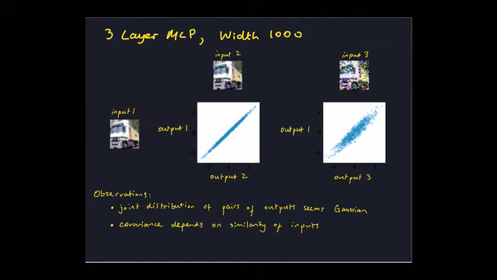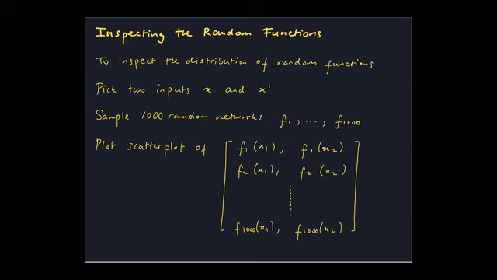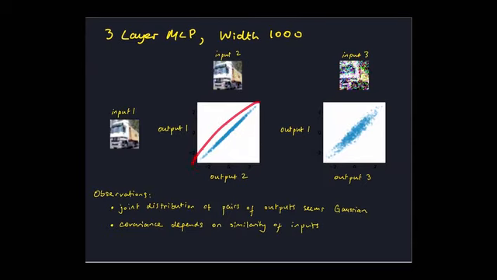And the interesting thing, so what input 2 is actually just input 1. It's the same truck, but with a little bit of jitter in the pixels. Like I just added a little bit of noise to the pixels. And then input 3 is the same truck, but I just added a lot more noise to the pixels, just to show the difference. And then for my 1,000 random networks, this is what the network outputs look like for